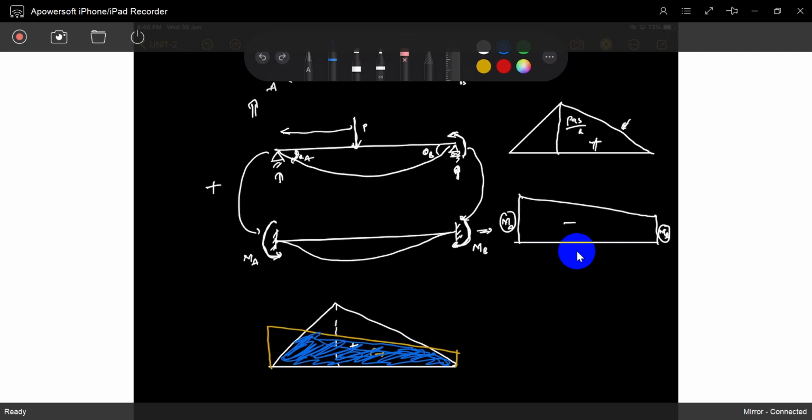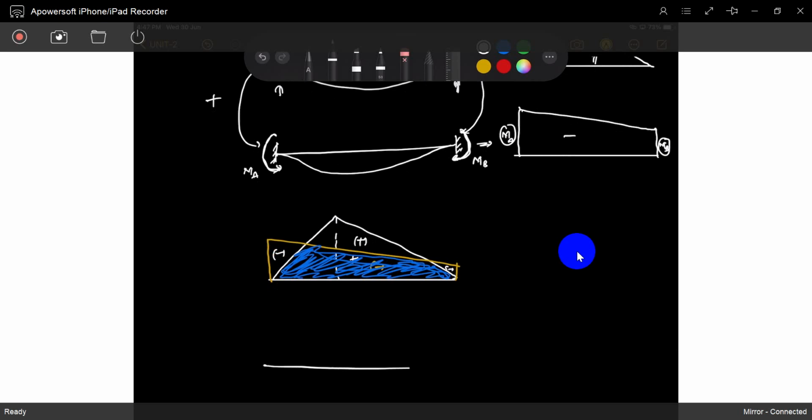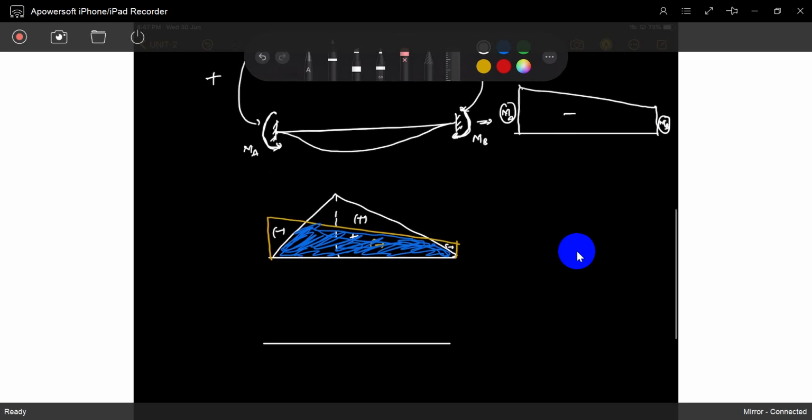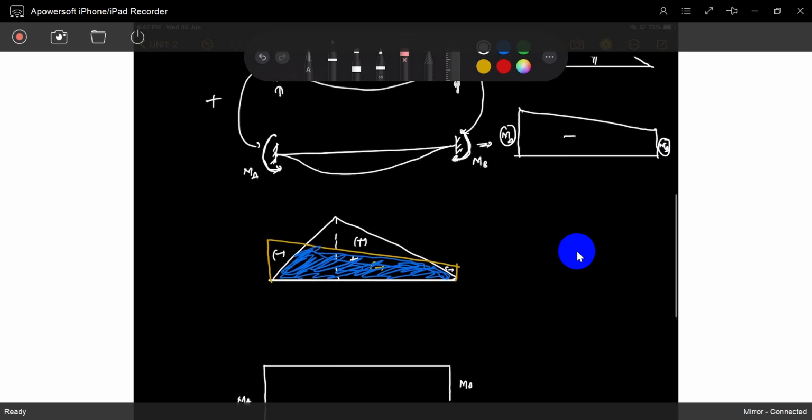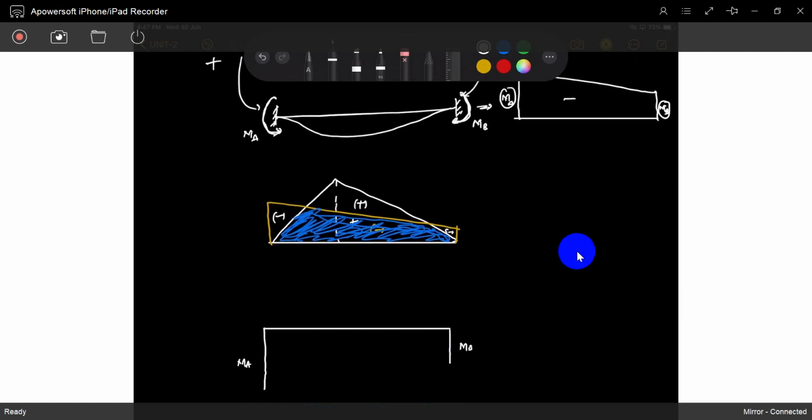So what is the real bending moment? The real bending moment is, say, this is negative. Are you understood? This is positive. This is negative. This is the bending moment diagram. Sir, how is it? So if you really write it, it will come like this. So it is a negative MB. It is a negative MA. And if you find out the reactions RA, RB, it will come like this. So both are equal.